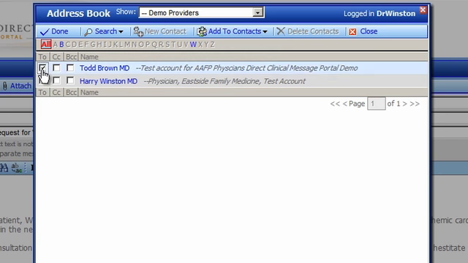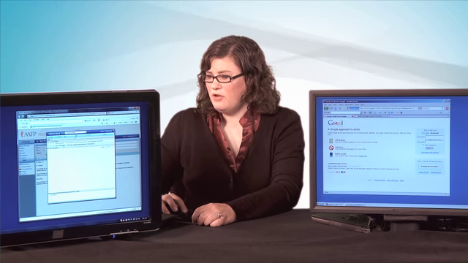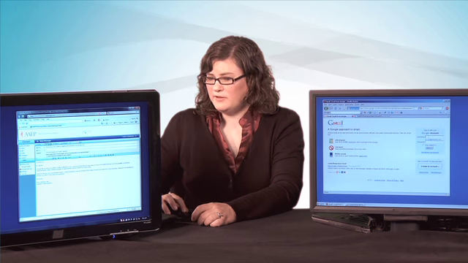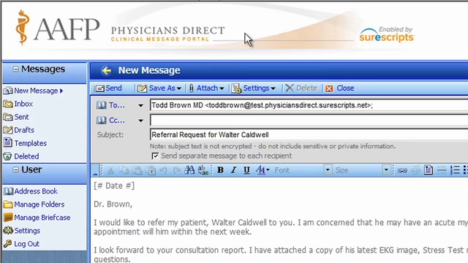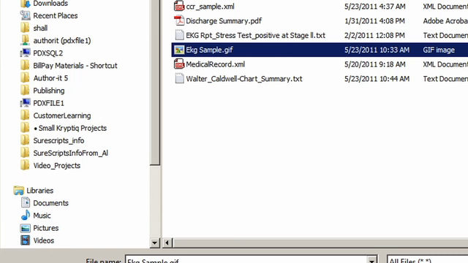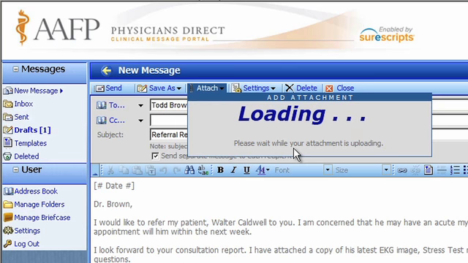So I'm going to start off by selecting Dr. Todd Brown, who's our cardiologist, from the list of providers in the directory. Once I've selected the provider, I'm going to go ahead and send a couple attachments that Dr. Brown would like to see for the referral. So in this case, I'm going to go ahead and attach several documents. I'm going to start off by attaching an EKG image,